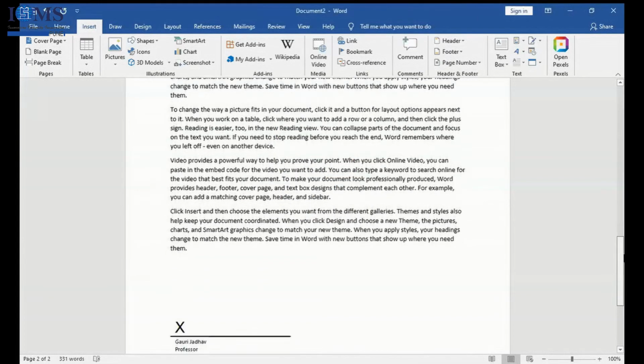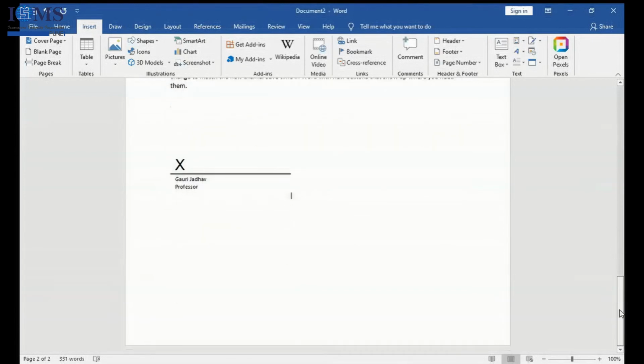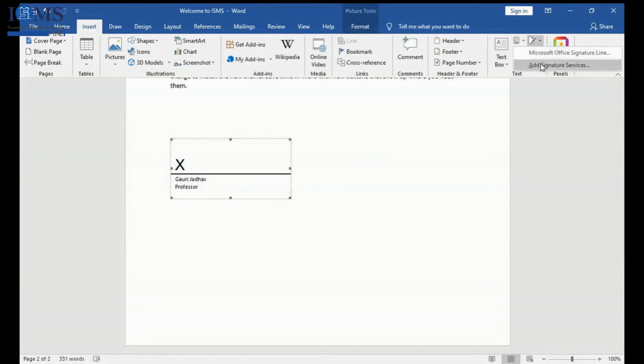Now let us see what has happened. Always take the digital signature and attach it in this format. Add signature services, and then you will find your signature attached on every document you want. Instead of just putting the line and adjusting it, you go to Insert, add signature, and then this box will be enabled.